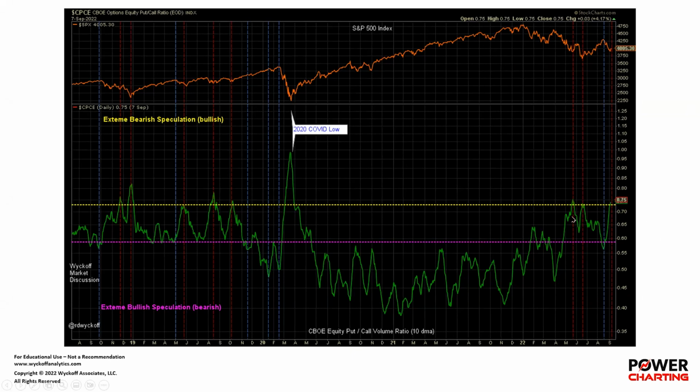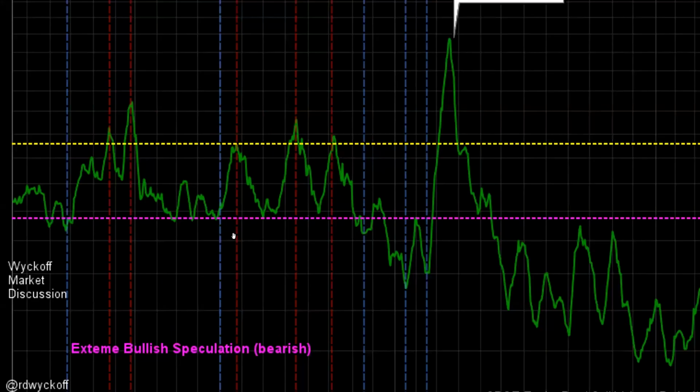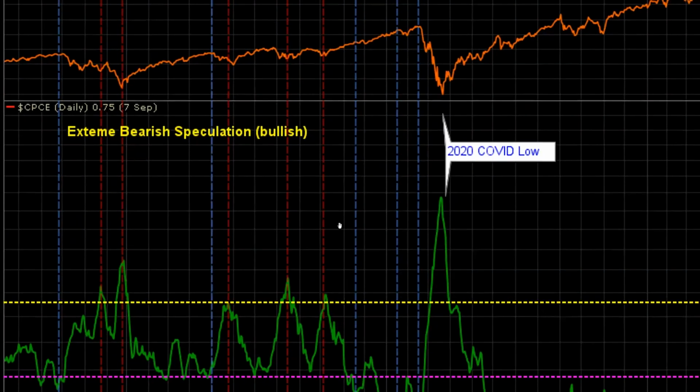a 10-day moving average. You know this chart, we've looked at it many times. Let's just go over here and look at another time period. You can see how there's these quick swings up and down, back and forth. This is indicative of a trading range. And you can see that, look at this trading range right here with these swings from pessimism to optimism and